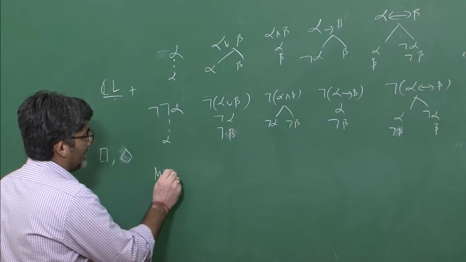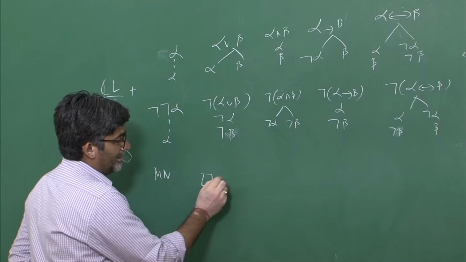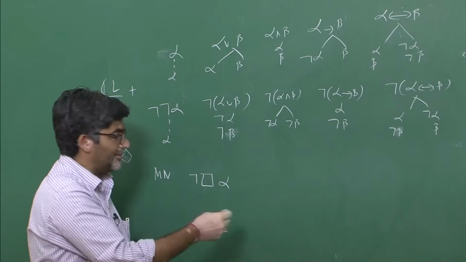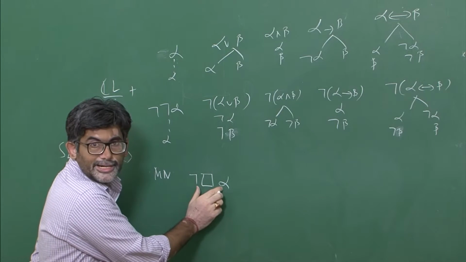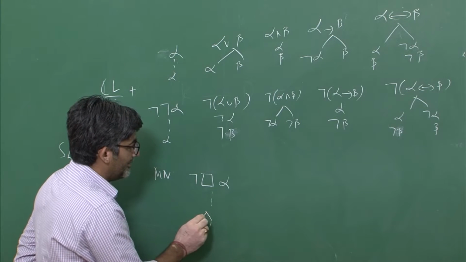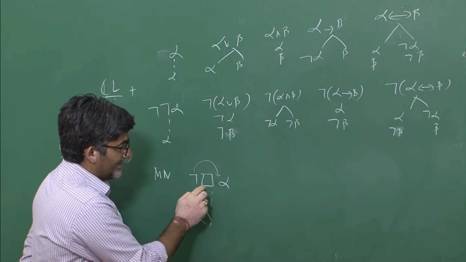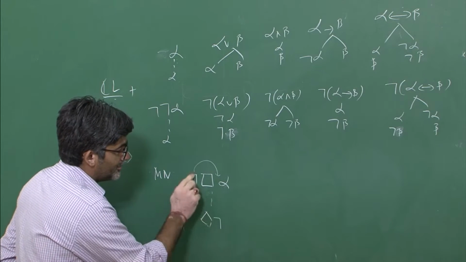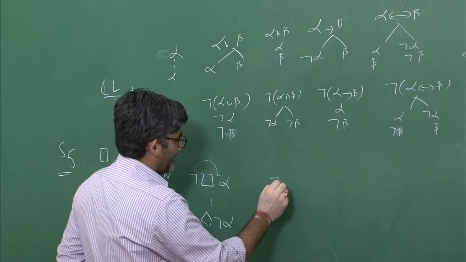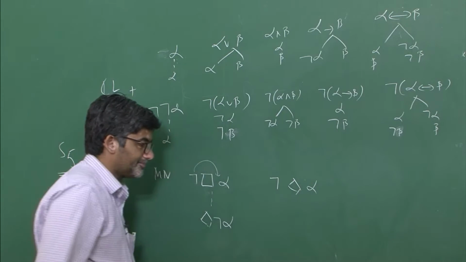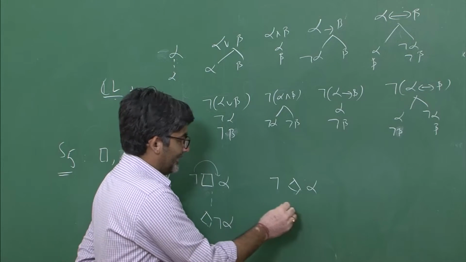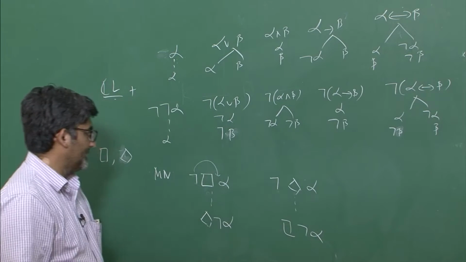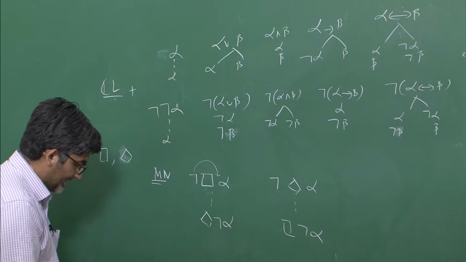There is something called modal negation. Suppose you have a formula like this, the modal negation of this one is like this: negation of necessity of alpha. If any such formula exists, then you need to simply replace this thing. Negation goes inside a little bit, and negation of necessity is going to be possibility, and you have to push this negation inside. So this is going to be like this. And necessity of it is not possible that alpha. So this can be written as necessity of not alpha. So this is with respect to modal negation.